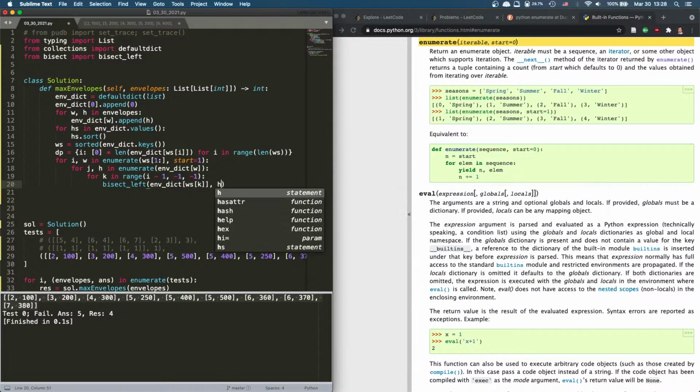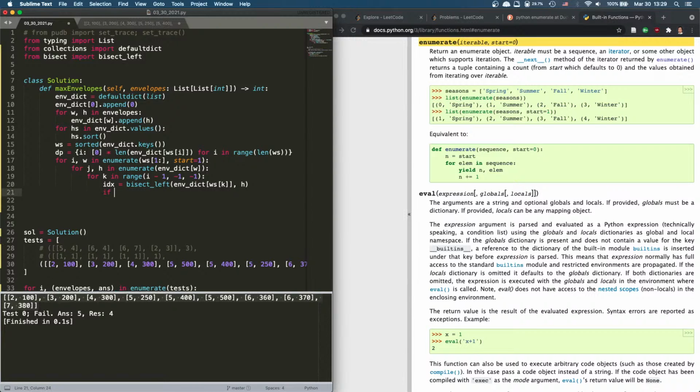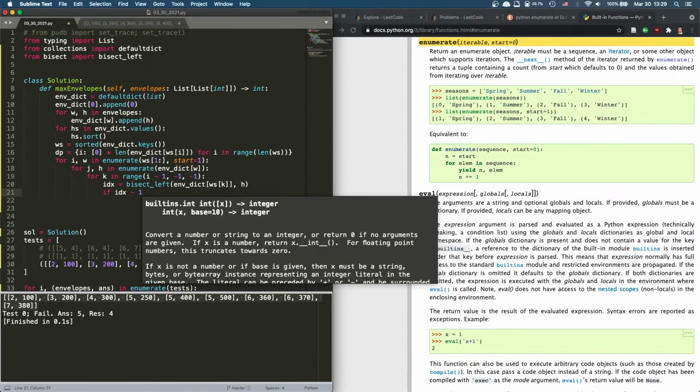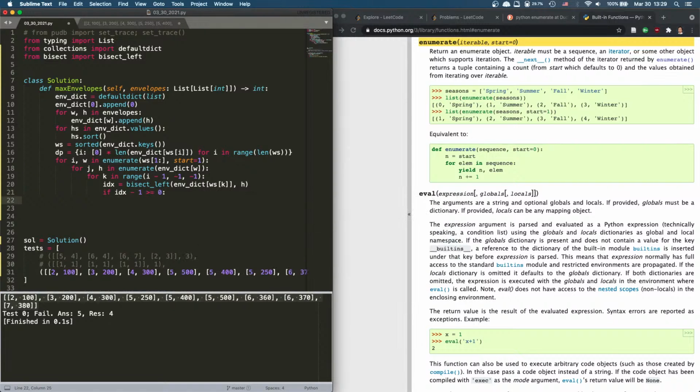So when it's this H, we say the index is this, right? And then if it's the same, we just replace that position. It's going to insert into the right position, and we want something that's smaller than us. So we always check the index minus 1. So if index minus 1 is larger than or equal to 0, which means it exists, then what we do is dp,